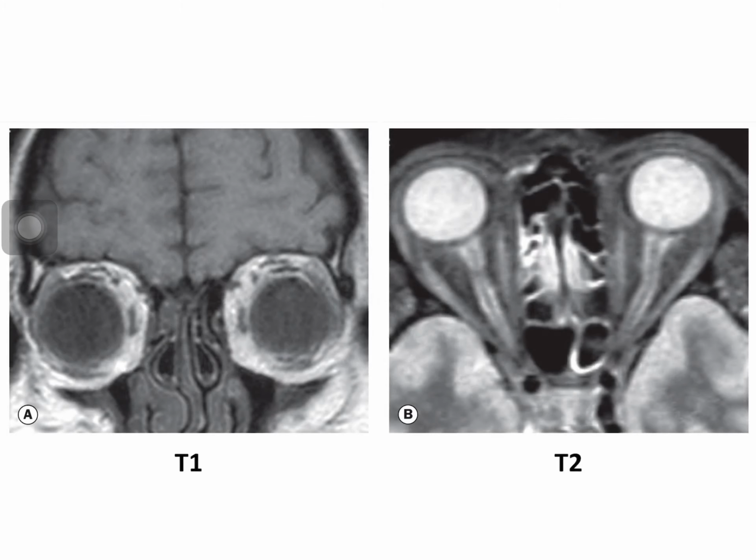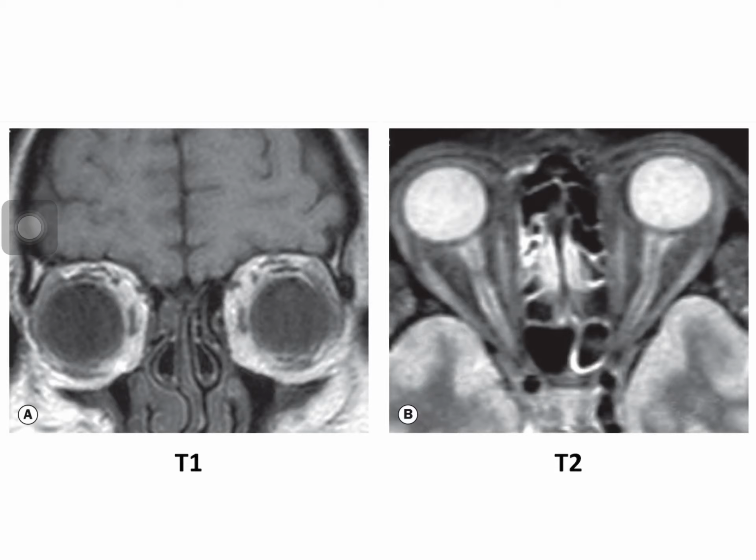So I want you to look at these two images. The first image is a T1 weighted image. And how do I know that? Look at the orbit, the two orbits. The eyeball is primarily appearing black. It is either the aqueous or the vitreous depending on which section this is. This is an axial section again. This is a coronal section. So depending on where the cut has been taken, this could either be aqueous or vitreous, but it doesn't matter, both appear black. So this is a T1 weighted image.